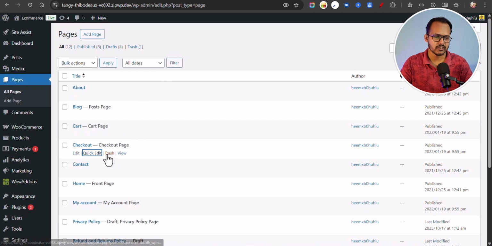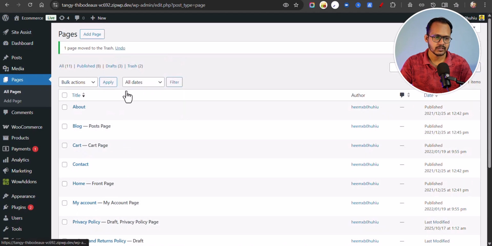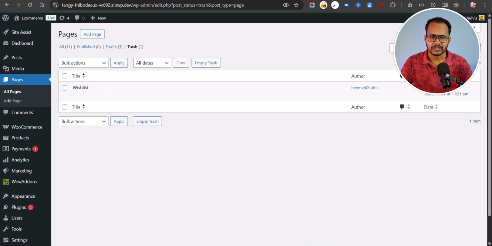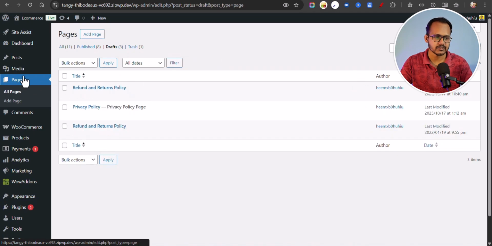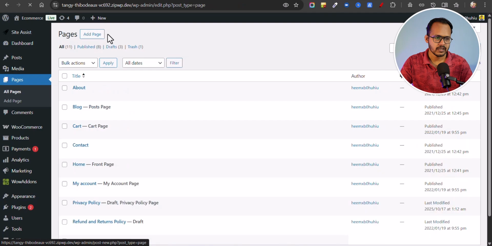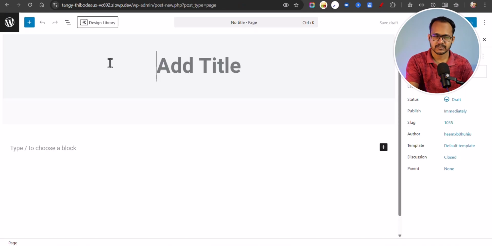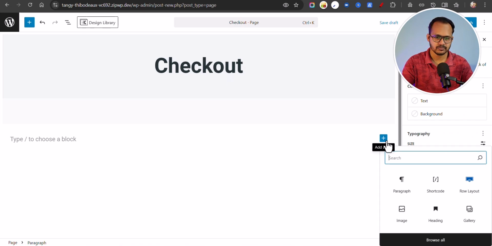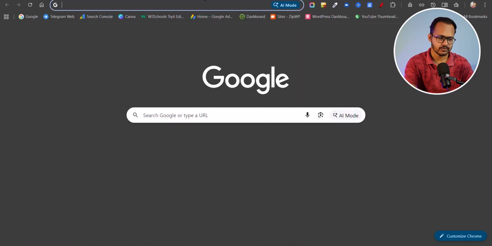So let me click on delete it first, and let's go to trash and delete it permanently. Now if the page is permanently deleted from your site and there is no draft here, make sure to check that as well. Just click on add page, and let's add the page title checkout, and let's click on plus, and we need to add a shortcode. So let me search for shortcode, and you can simply search for checkout